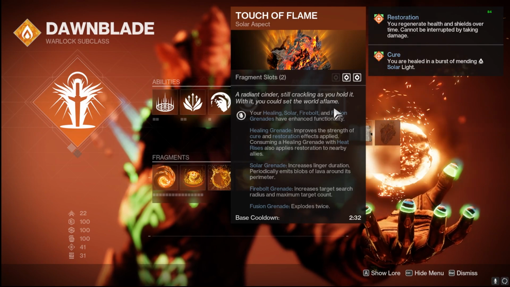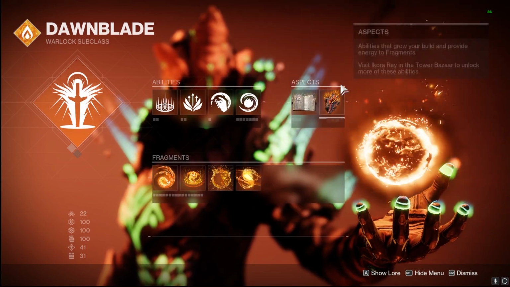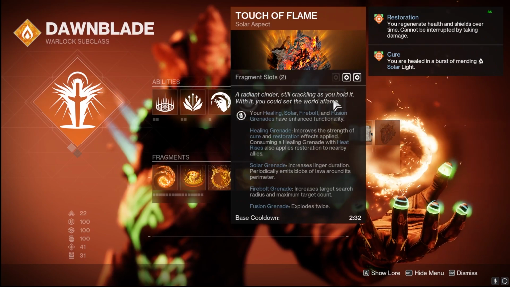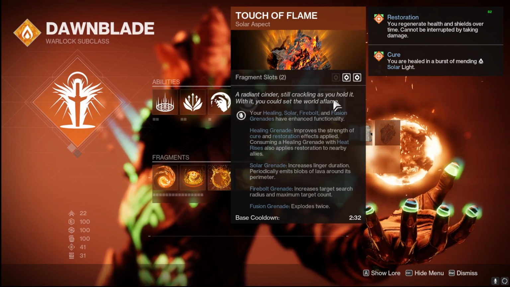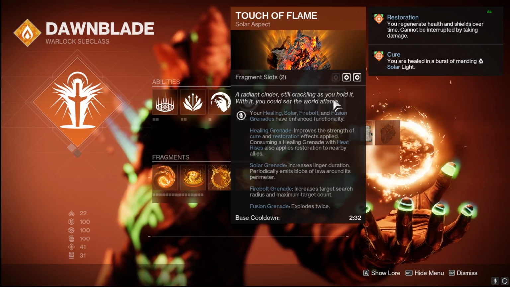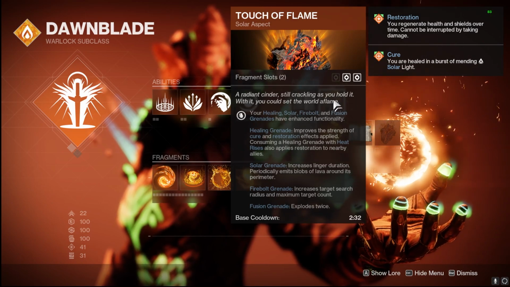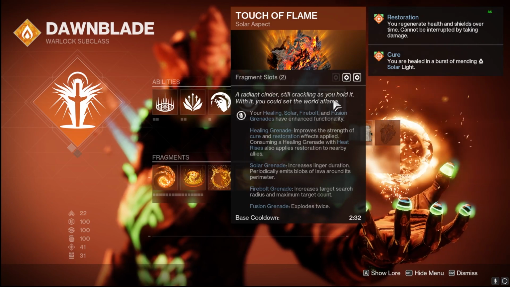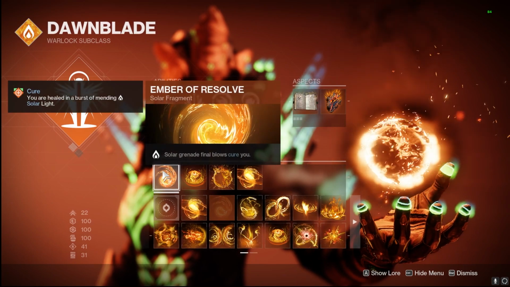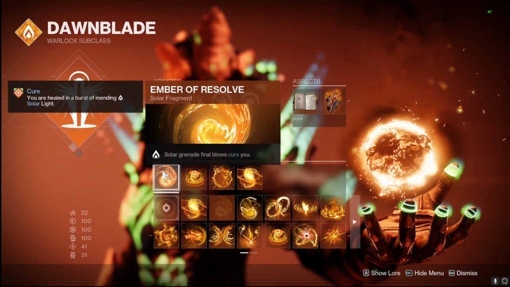So for me, with the fusion grenades, they explode twice, but like I said, the other option, Solar Grenade, is also a very good one because it has a longer duration that it'll linger, plus it emits those blobs of lava, which is extra damage, pretty nice. And with this we get that extra increase to damage because of Death Throws on our helmet. Now when we move down to our fragments, first off we've got Ember of Resolve, so